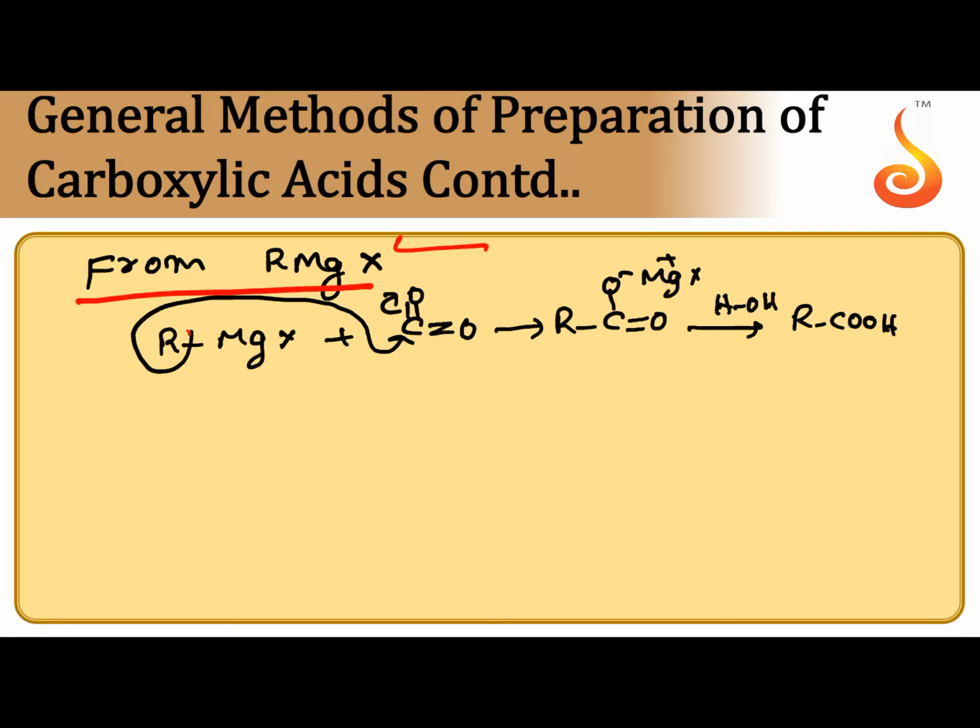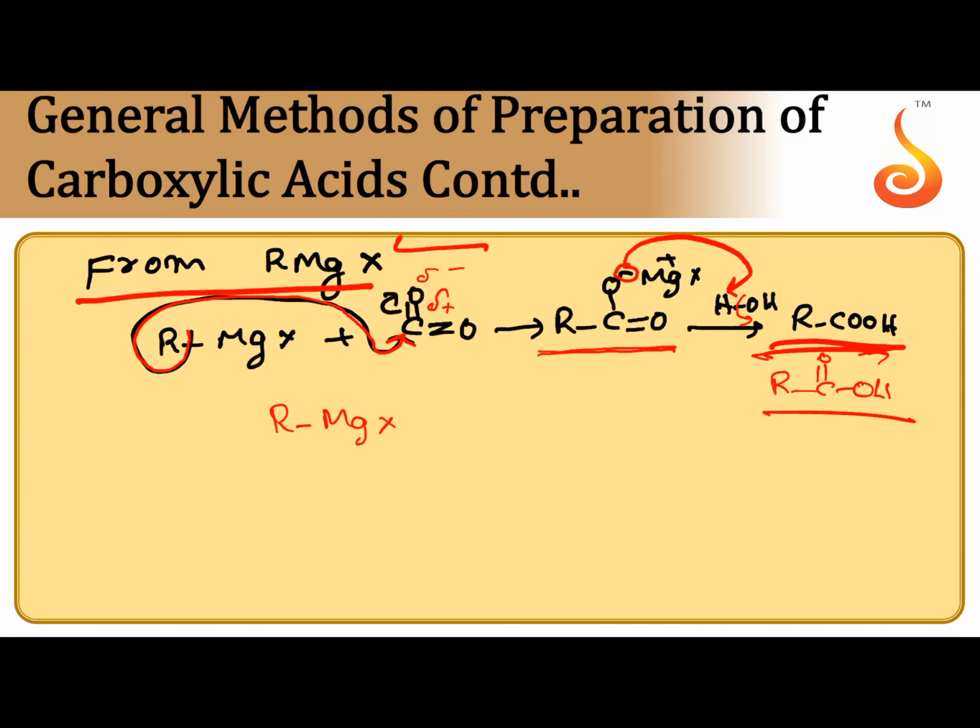So when Grignard reagent is reacted with carbon dioxide, carbon of the carbon dioxide is electrophilic carbon. Now alkyl group, this is potential nucleophile. R minus attacks at electrophilic carbon, forming an adduct. Salt like addition product is obtained. That salt like addition product takes H plus in the next step, forming carboxylic acid. So there are two steps. RMgX reacts with CO2 in the first step. Next one, acidification. R part will become RCOOH.